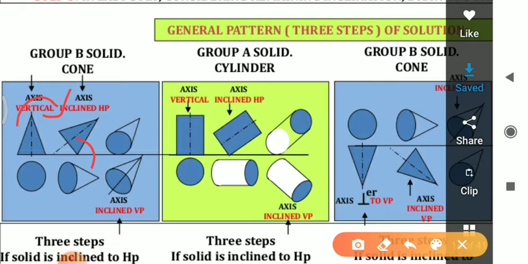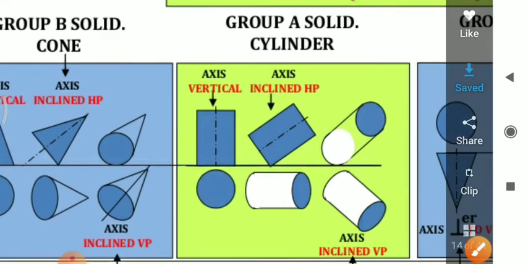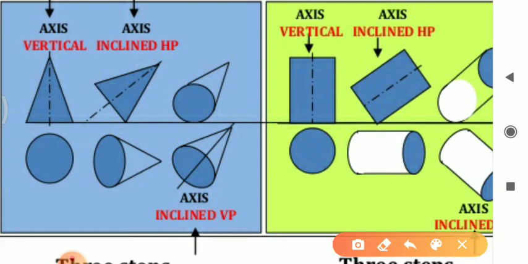Now see here, if I draw the axis and zoom in, this is the axis inclined to HP, and the same axis can be shown here. Now it's a line, the axis inclined to HP and parallel to VP. Now if I tilt the solid in this way, towards you or away from you, what happens? It becomes inclined to both VP and HP. The second position has the axis inclined to HP, and the third position has the axis inclined to VP. So that means it is inclined to both VP and HP.